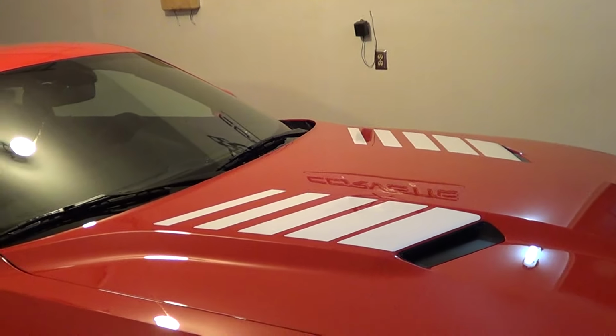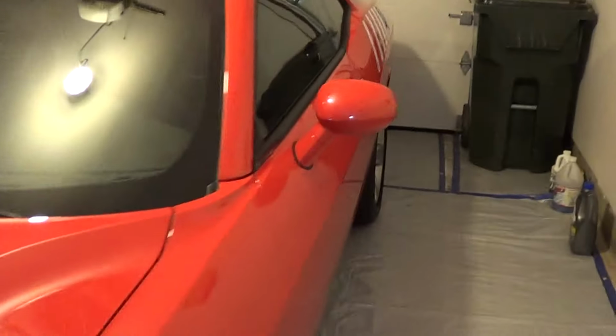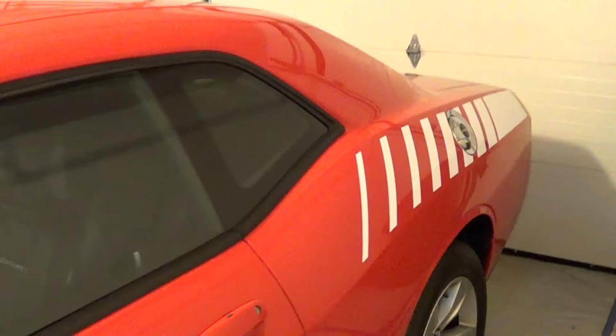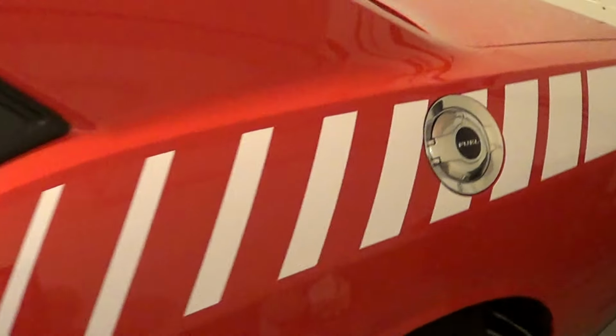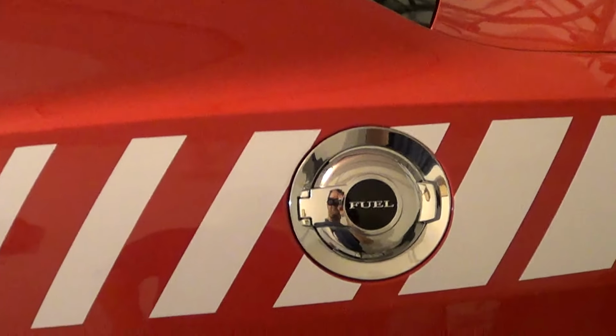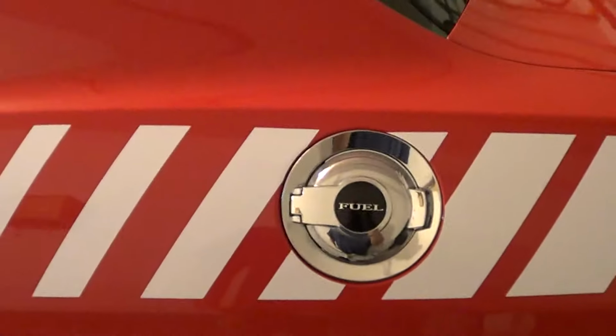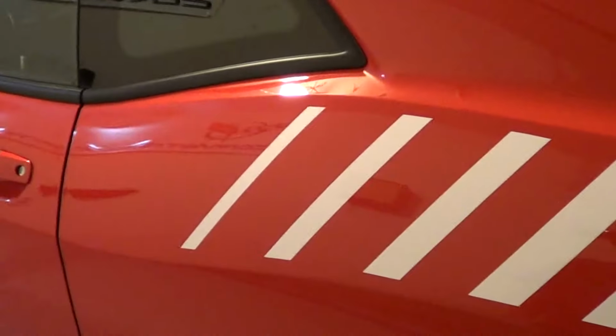So there they are. Now the other side, this is the side you have to do first, guys, with the fender, because this is the one that's going to dictate where the other side is lined up, because it's all going to be dictated from where that gas cap there is. Okay, so there's the strobes